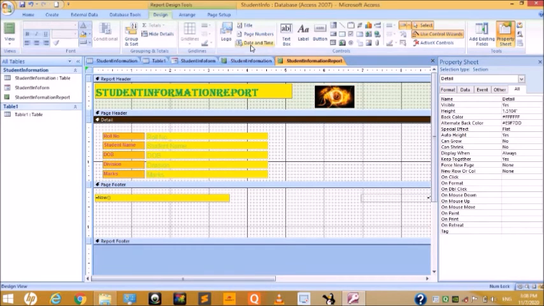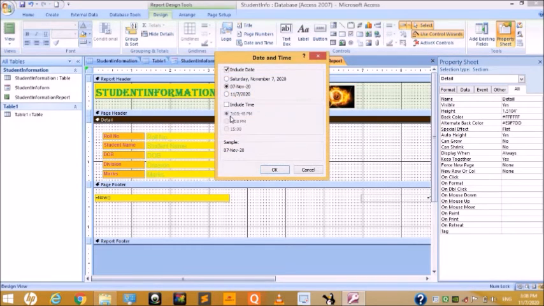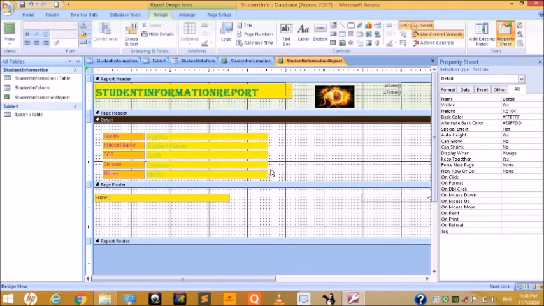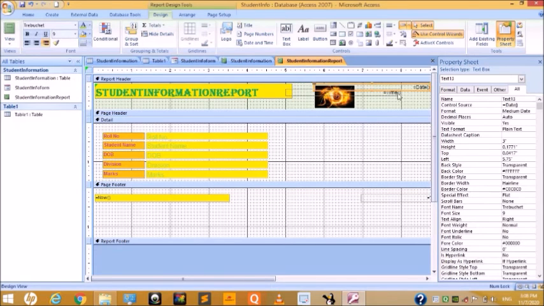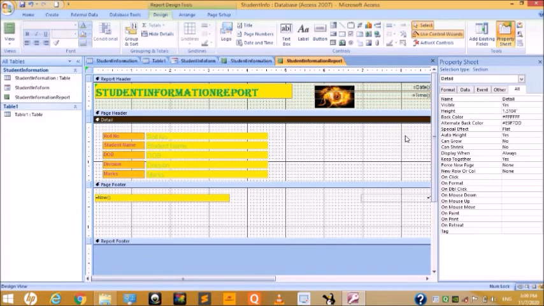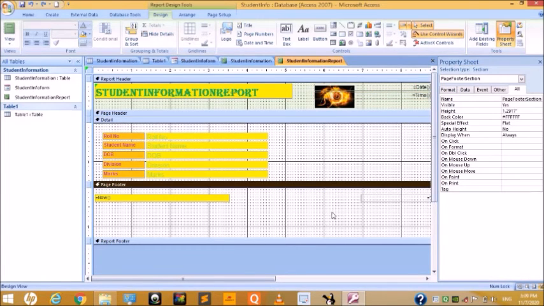Okay, so you can add the date and time, so we add the time also here. Okay, in this way you can modify the report.